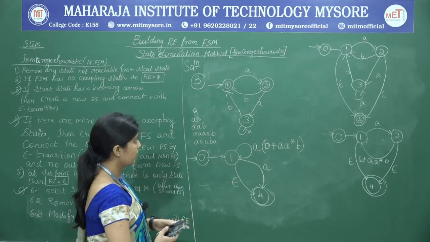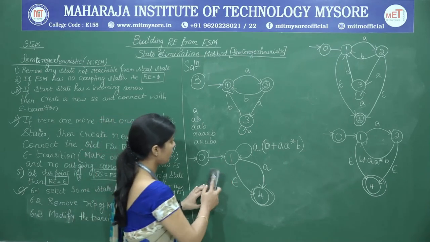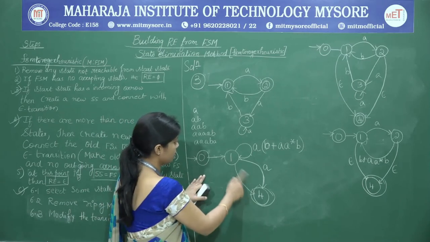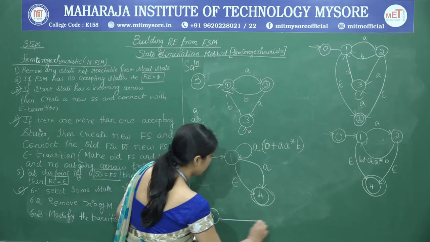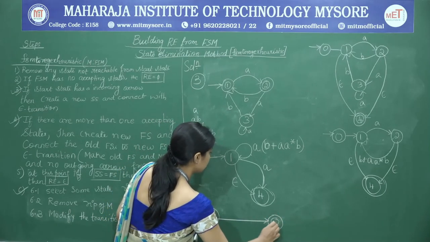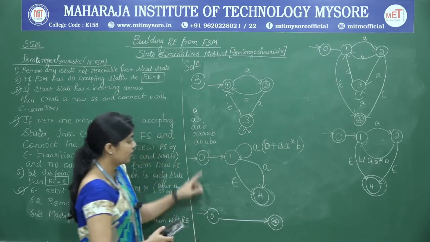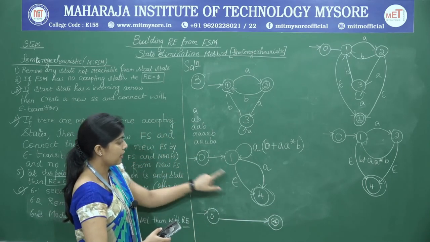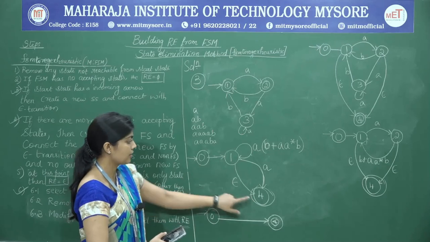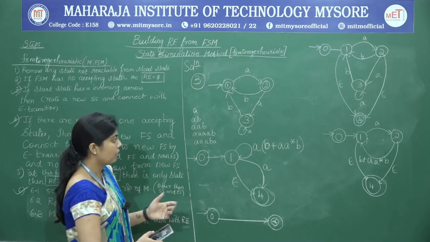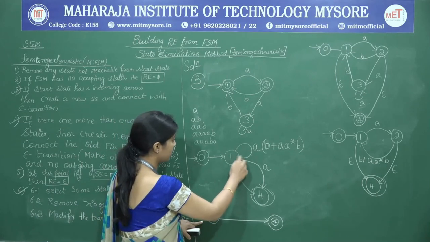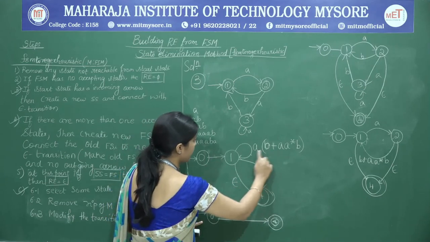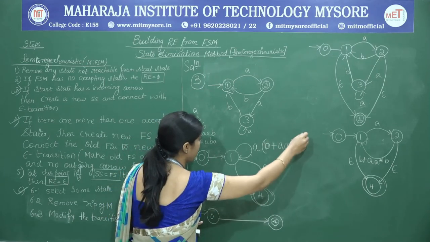Once we eliminate 1, we are going to draw the transitions only between this 0 and the state 4. So we are going to eliminate 1 and preserve the state 0 and state 4, which are the start state and final state. We will see how to do it. First of all, on 1 we have a loop on the entire expression. Therefore, this entire expression will have a star on it.